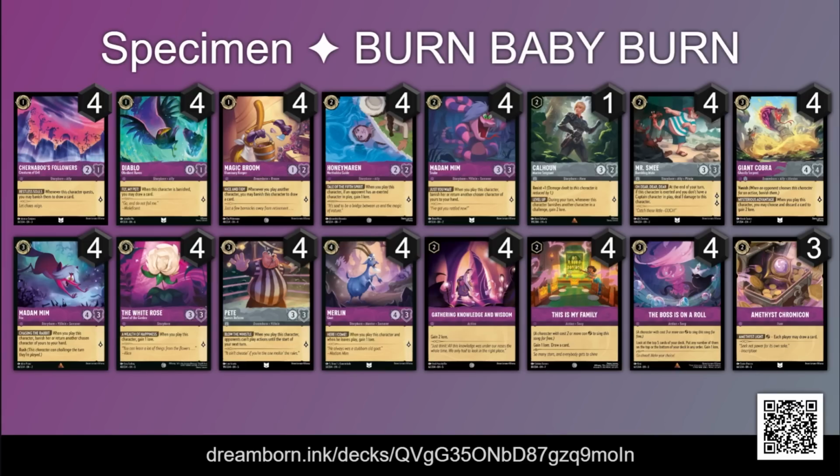The other new burn card, if that's what we're calling it, is Honey Marin, who, when you play this character, if an opponent has an exerted character, you gain 1 lore. And the thing is, this condition is very, very easy to meet. So Honey Marin really is a better version of the White Rose in many ways,